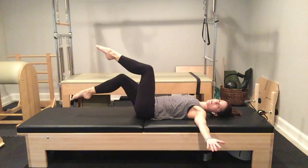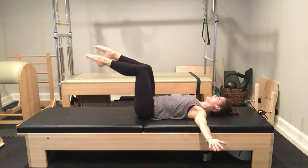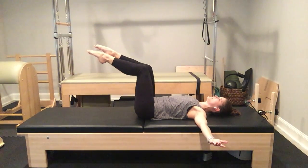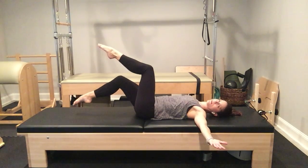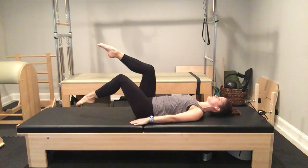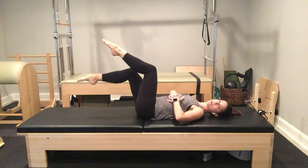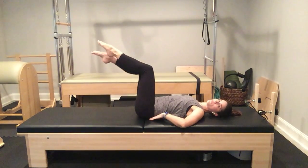Inhale my right leg, exhale and lift. Inhale left, exhale lift, inhale right. When you're able to, place your arms by your sides. Make sure that you're still wide and soft across the sternum, your ribs are still pulling together, and that you're not rocking your sacrum back and forth when you're lowering and